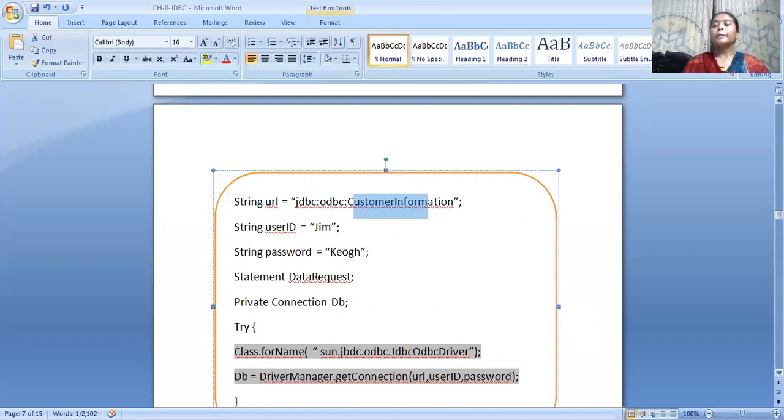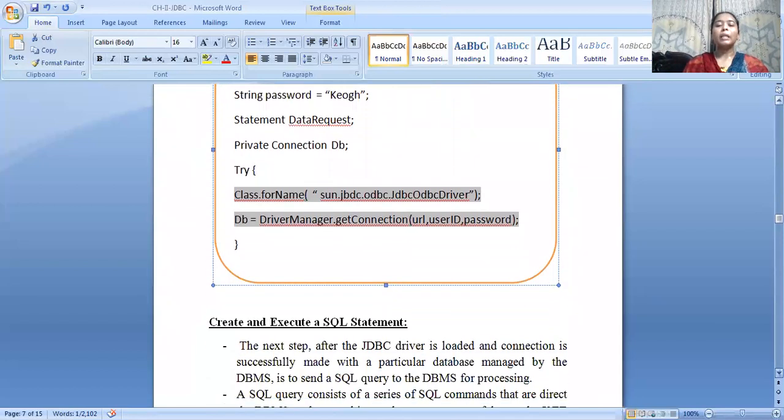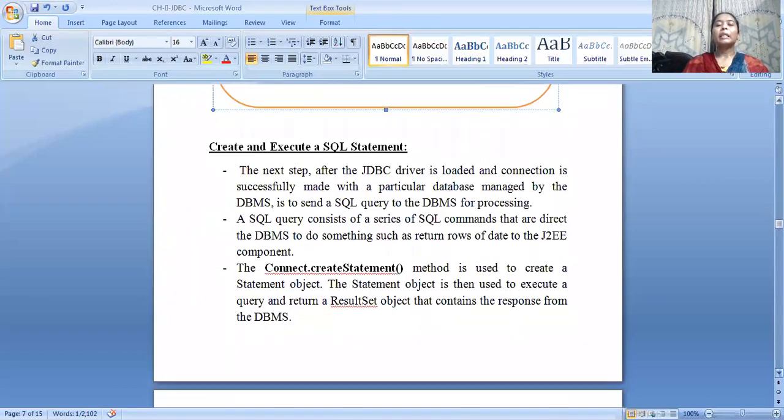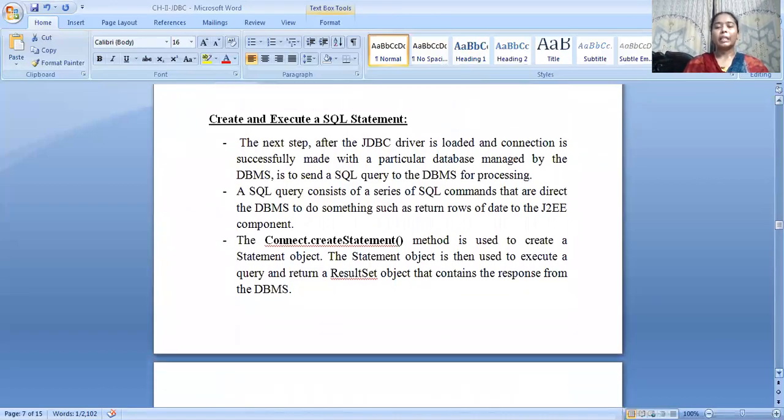Going to the next part, the third part: create and execute an SQL statement. After loading the driver and getting a connection to the DBMS, the next step is to create and execute an SQL statement. I have to query by using an SQL query, which consists of a series of SQL commands.